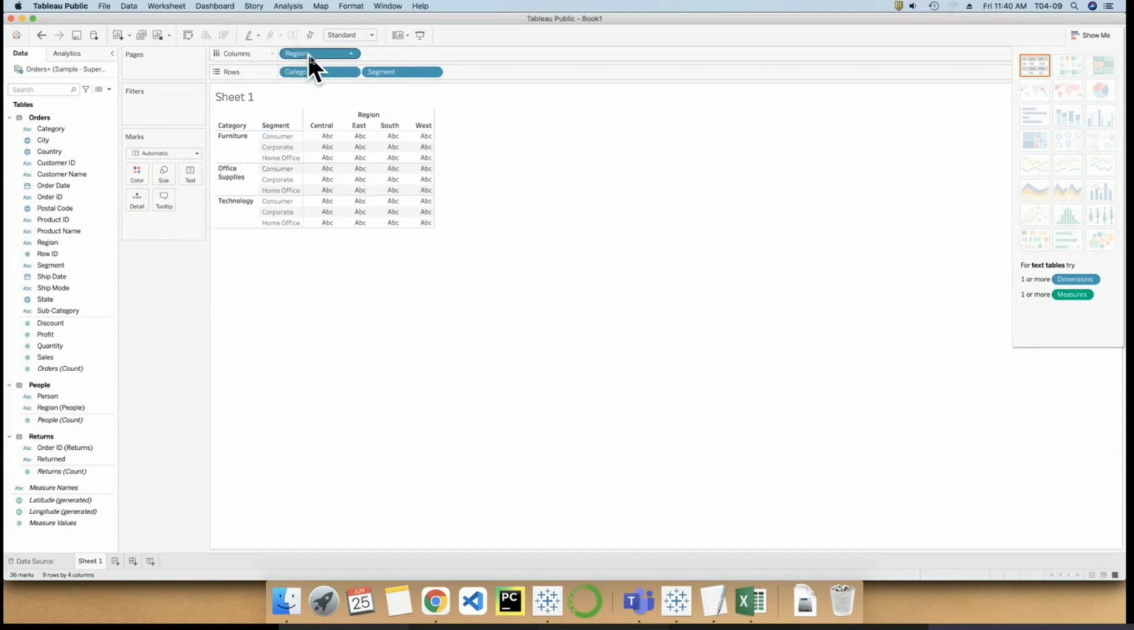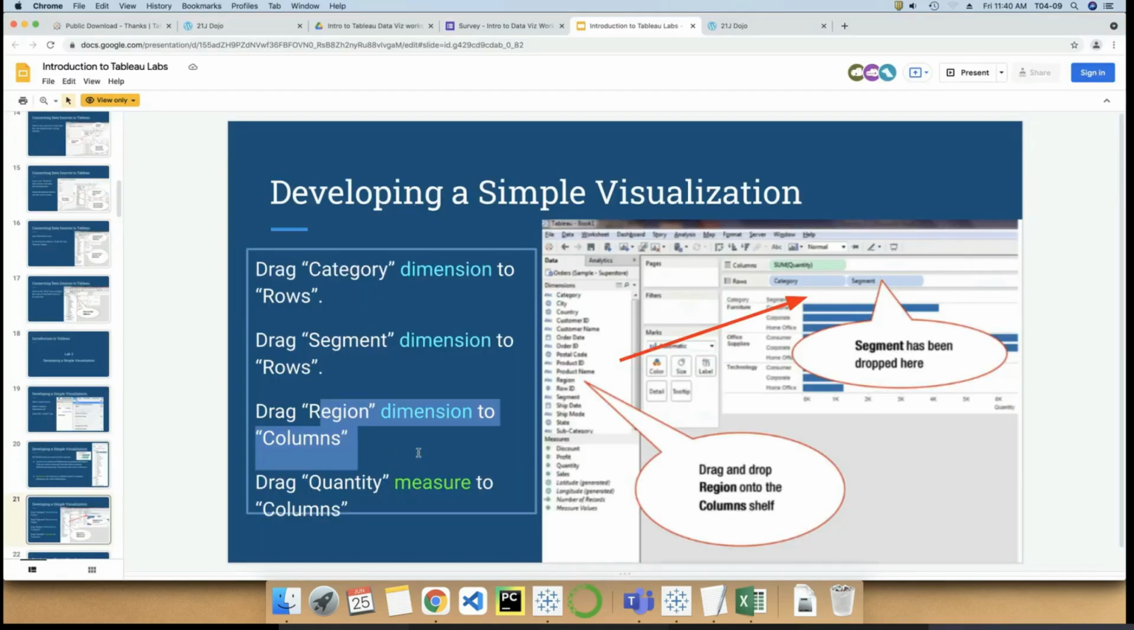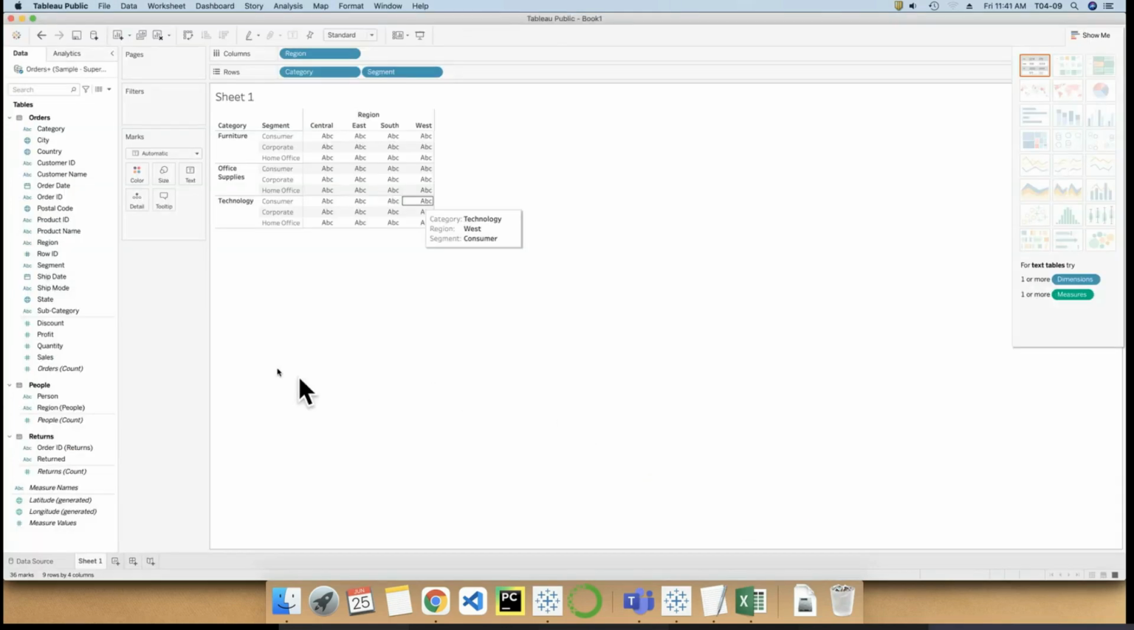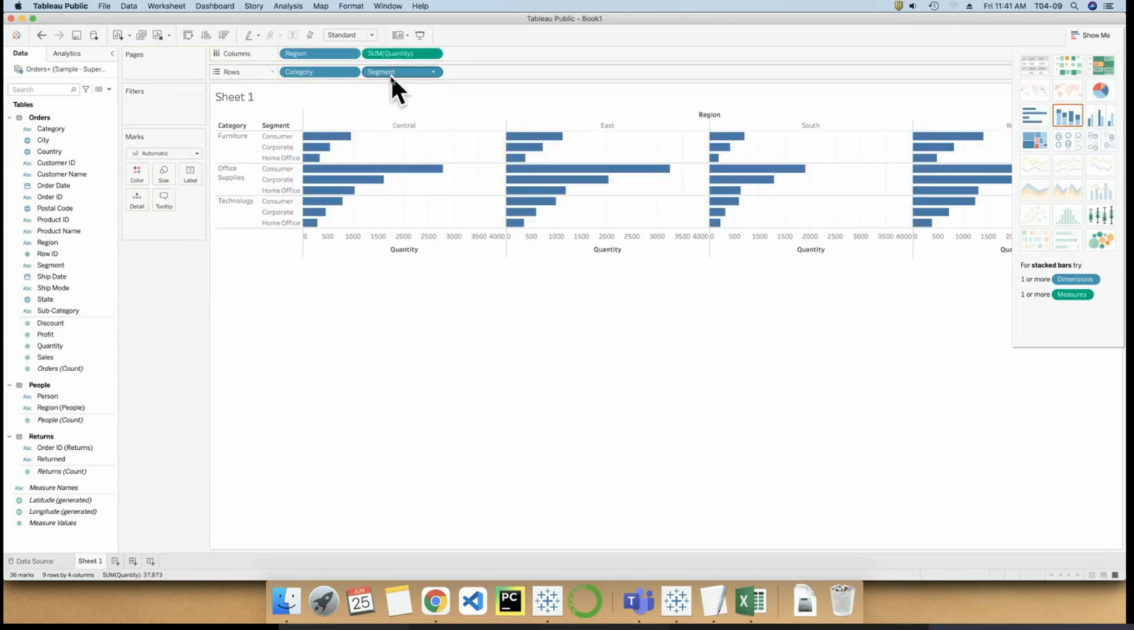Okay, so now I can see that my data becomes a little bit more complex. We classify the data into central, east, southwest region. And finally, we measure the quantity. Okay, quantity measure column also. So let's drag the quantity, which is the green item, to the column. So now you should be able to see that your chart has